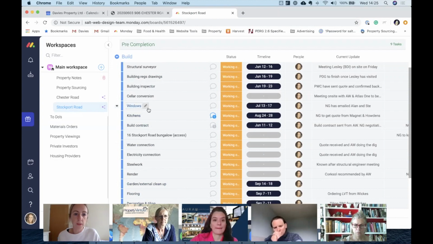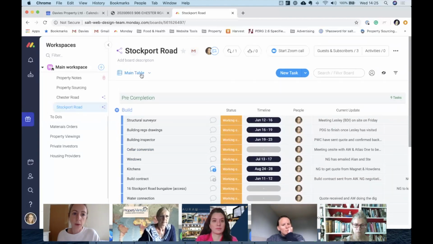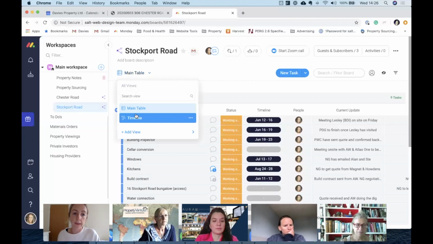So I've got one here that's windows, for example, because we know we're going to be needing new windows. And then you'll be plotting into your timeline roughly when all those different stages of the refurbishment are happening. And then once you've plotted all of this in, you can go up here to views. This drop down allows you to see it in different views, and you can go to timeline view,